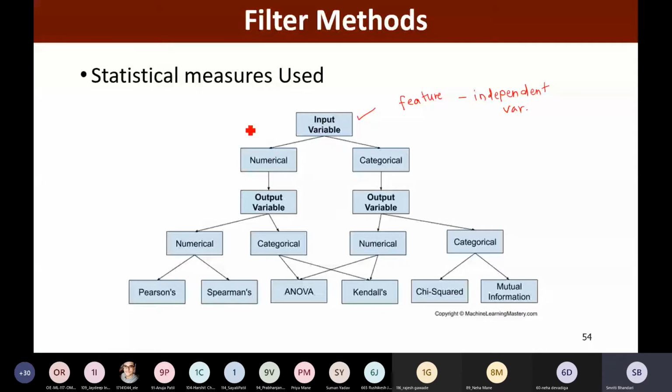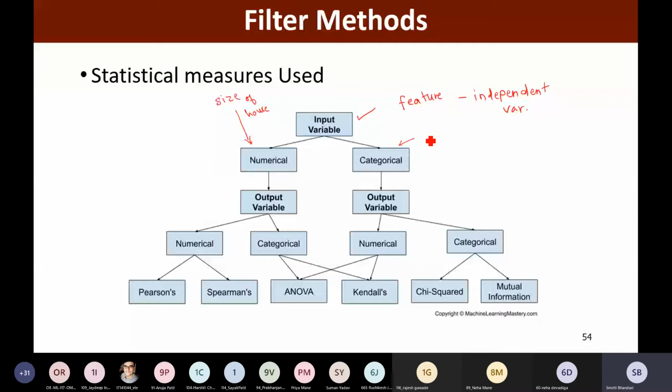Numerical value means some real value may be assigned to the input variable. For example, if we are looking at the housing price data set, then the size of the house is numerical. So the size of the house is the feature, that is the independent variable, and it has a numerical value. If we have some other kind of variable, we may have categorical values assigned to it.